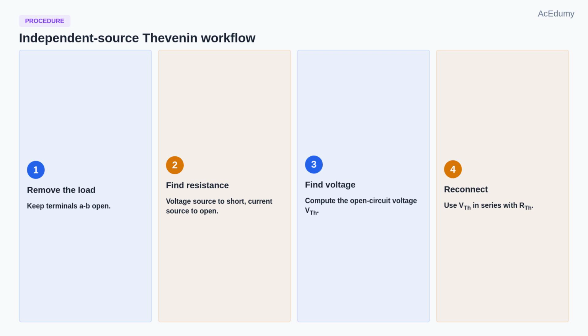For circuits with only independent sources, the procedure is direct. First, remove the load. To find R Thevenin, turn off the independent sources. Ideal voltage sources become short circuits, and ideal current sources become open circuits. Then look into terminals A and B. Second, find V Thevenin as the open circuit voltage across A and B. Third, draw V Thevenin in series with R Thevenin. If a Norton form is needed, use I Norton equals V Thevenin divided by R Thevenin, with the same resistance